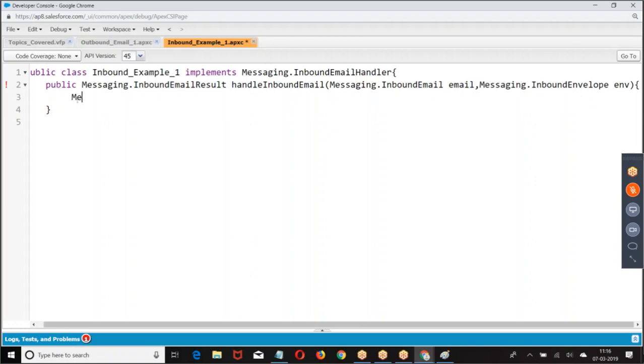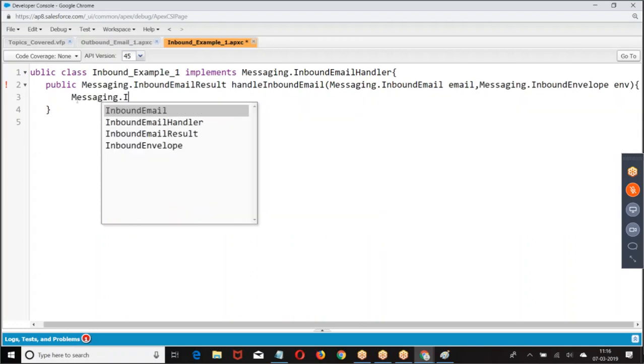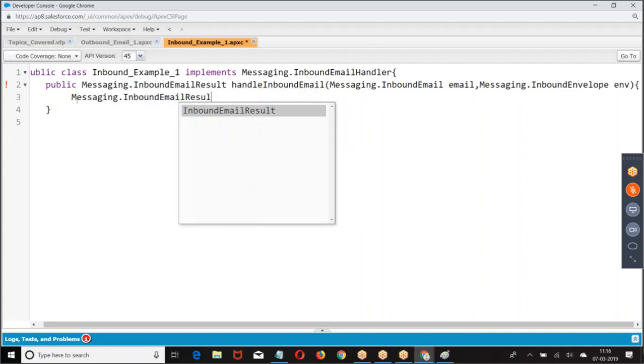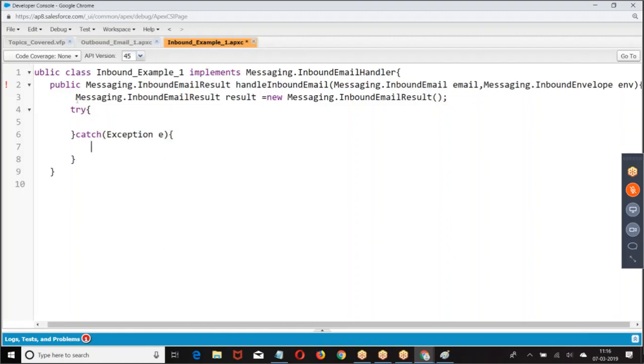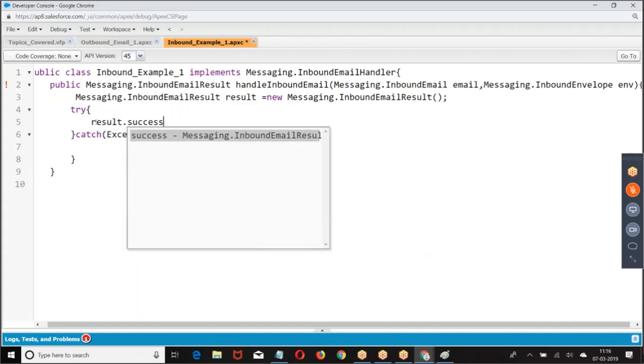Now, first I am creating a Messaging.InboundEmailResult, with a try catch. Now in the try, I told result.success equal to true.